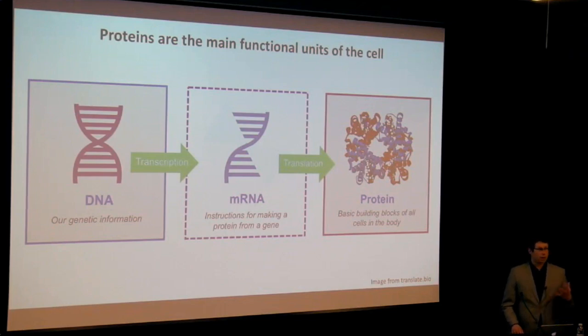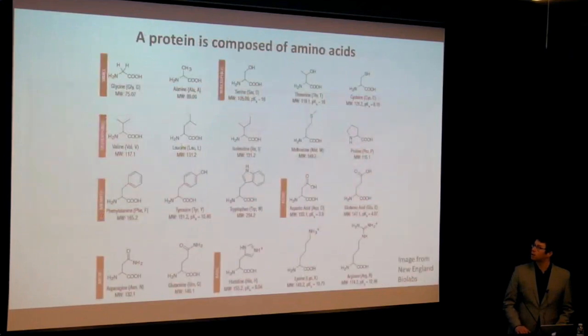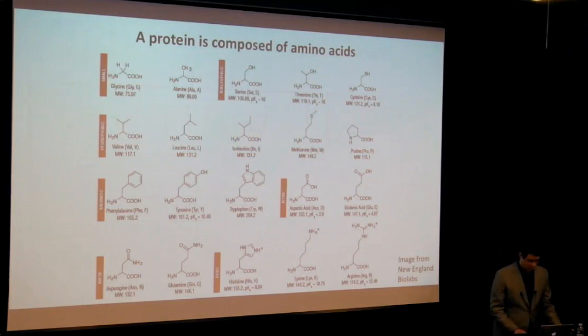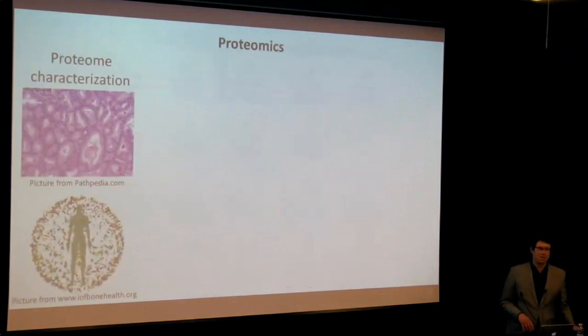Proteins, a little bit like DNA, are made of building block molecules called amino acids. There are 20 in humans. These 20 amino acids have different names, obviously, but also different masses, which is going to be extremely useful later on for how we actually identify proteins when we process a sample. So this brings us to one of the key words that we had in the title,